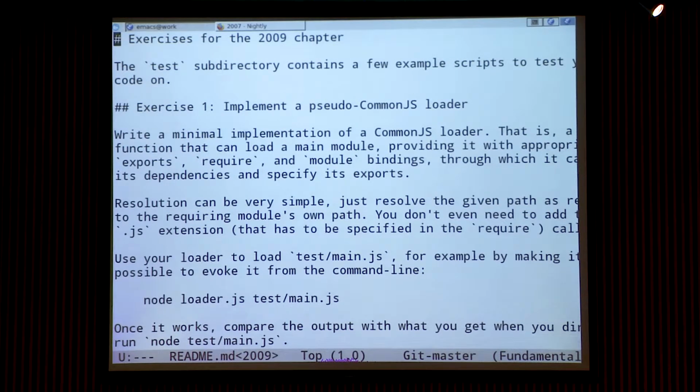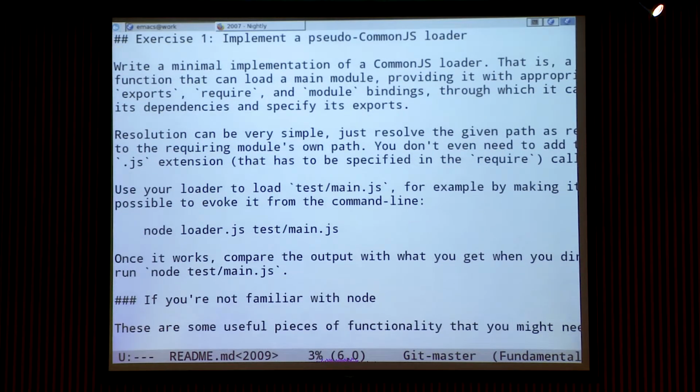So in the 2009 directory, you have a bunch of scripts under tests, which are very simple CommonJS usage. They include the .js extension and only use relative paths, so there's no clever resolution needed to implement this. And your loader is expected to take a main file, read that code as a string, and then perform this thing with the wrapper around it, providing these values that